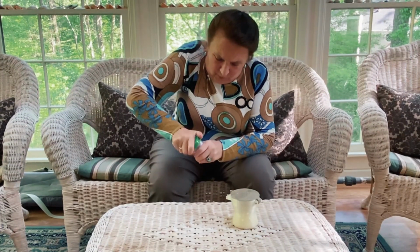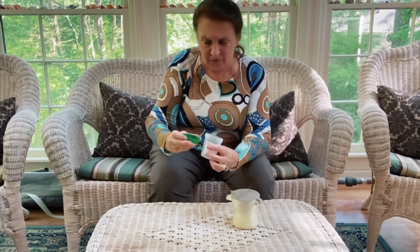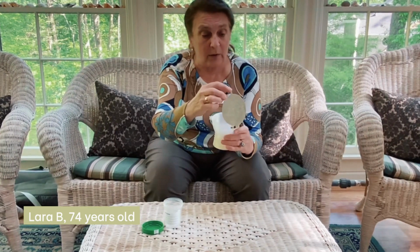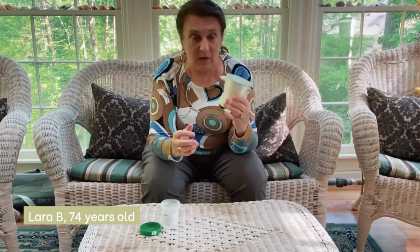At a testing facility or doctor's office, a technician can simply reopen the lock and access the midstream sample with any urinalysis device. Easy Peasy's ergonomic design is easier to grip, open, and close than a traditional collection container. It can be easily popped open and held for sustained periods of time by people with arthritis or other dexterity constraints. Very easy to hold and easy to open. I like this much better. The Easy Peasy will help geriatric patients maintain their independence in the bathroom while reducing the cost of UTI testing